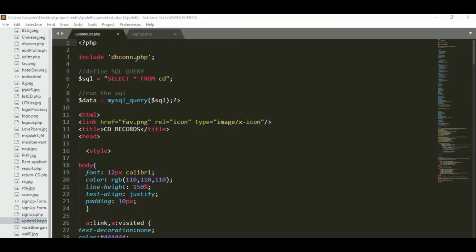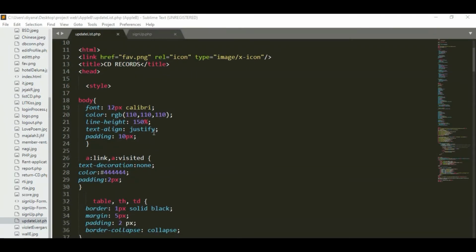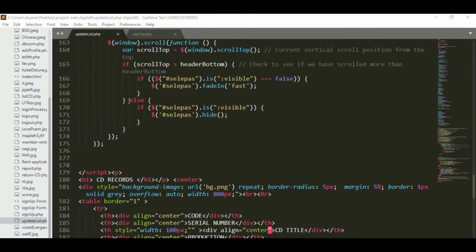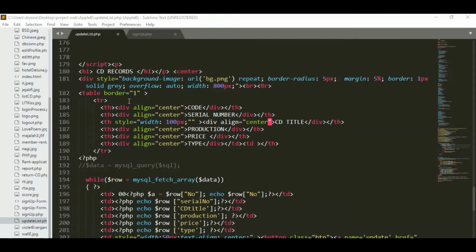Include the beacon.php, define the SQL query, and run the SQL using MySQL query. CD records. This is for the CD record. We want to output the information in a table, so we use this coding: